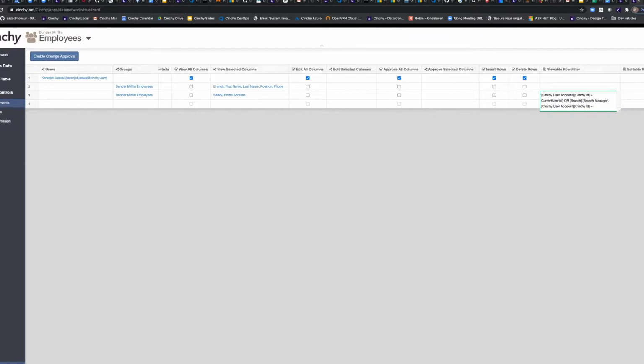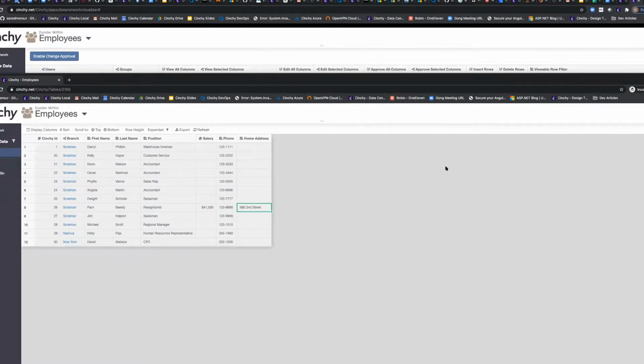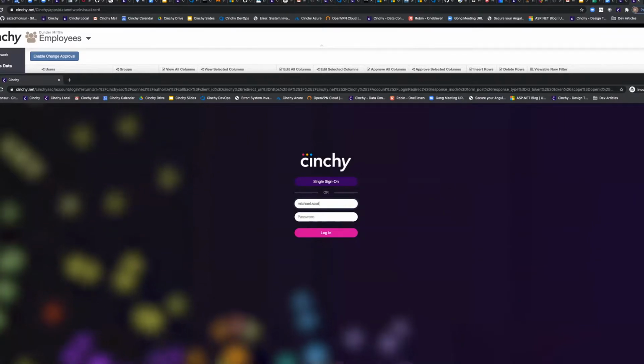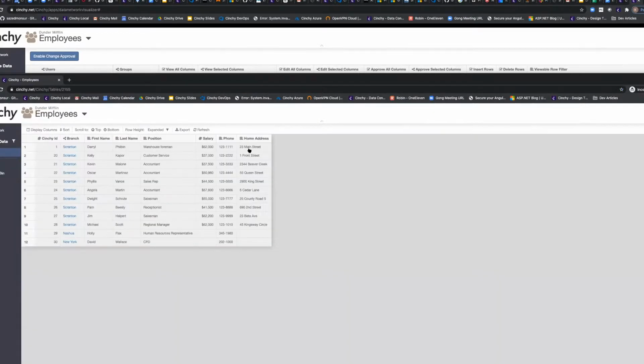Right? So this is now all about who is the manager of the branch that this particular record is located within, and I can match that against the current user ID. Now, by doing this, if I was to flip over and log in as Michael Scott, so of course as Pam, who I'm still logged in as here, nothing changes. Pam's not the branch manager. But if I log in now as Michael Scott and I go back into that employees data set, I'm now seeing the details of all of the other employees inside of my current branch.